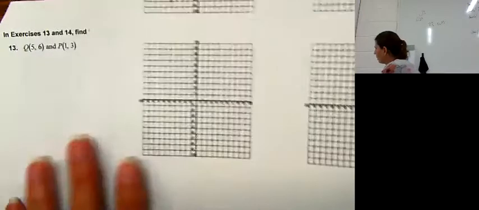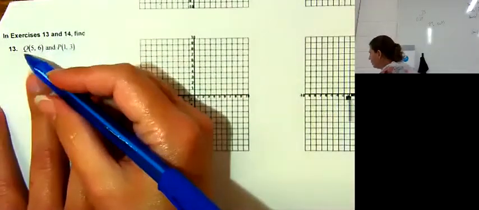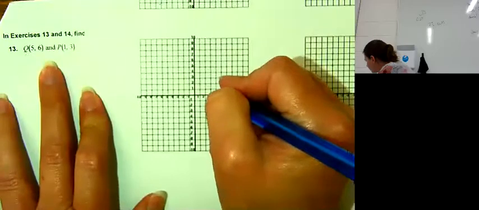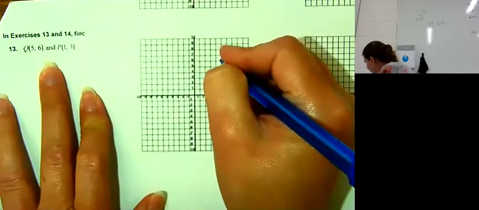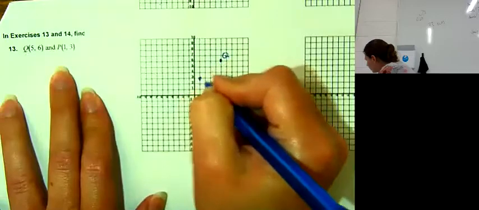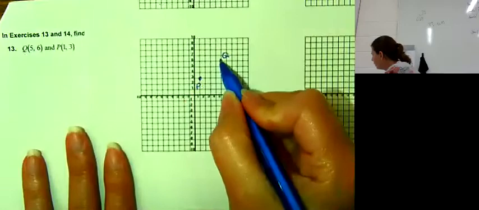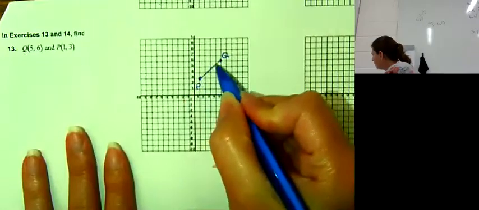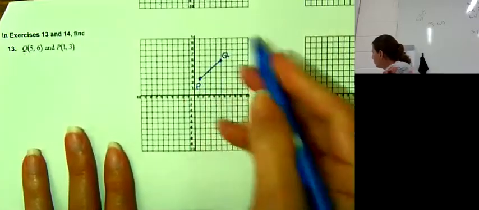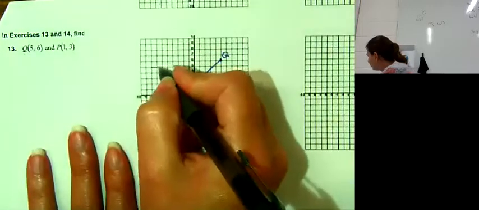So I'm going to graph this one again. So if we do the distance from (5, 6) to (1, 3), okay, I could find the midpoint really easily, but distance, I want to know how long is that segment. So remember the other day when we were having segments that were horizontal or vertical, well, those